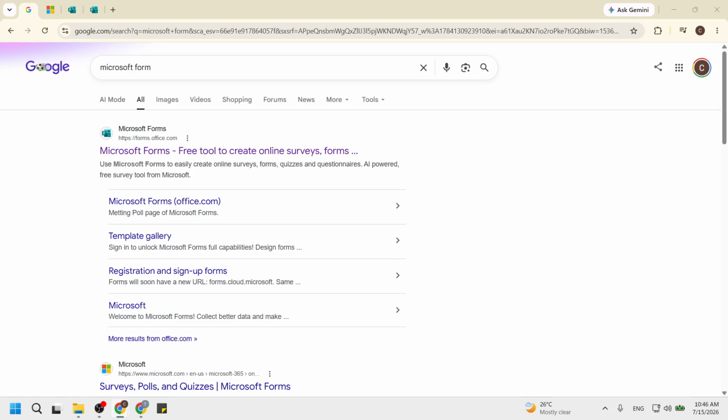Open your browser and search for Microsoft Forms. You can use any search engine you prefer. Once the search results are displayed, look for the official Microsoft Forms link. It usually appears at the top of the results. Clicking on this link directs you to the Microsoft Forms homepage. This is an important first step because accessing the correct platform ensures you have the right tools at your disposal